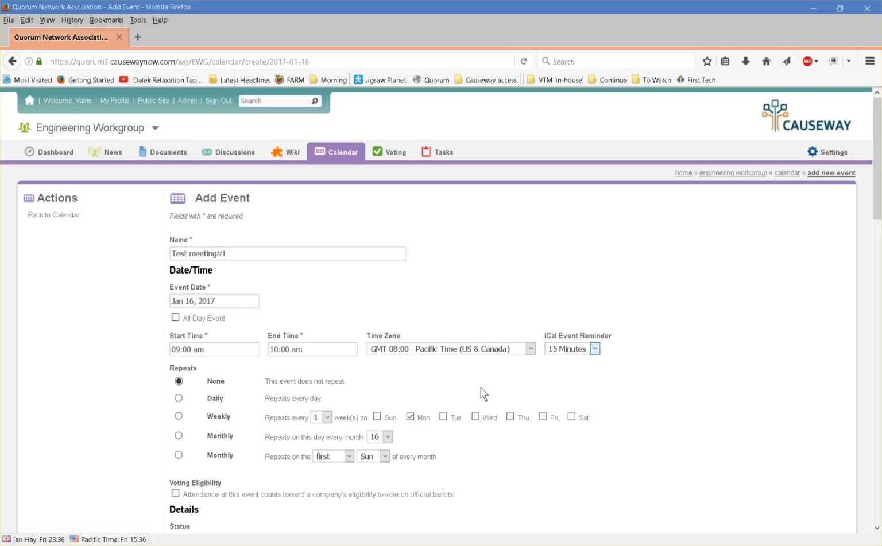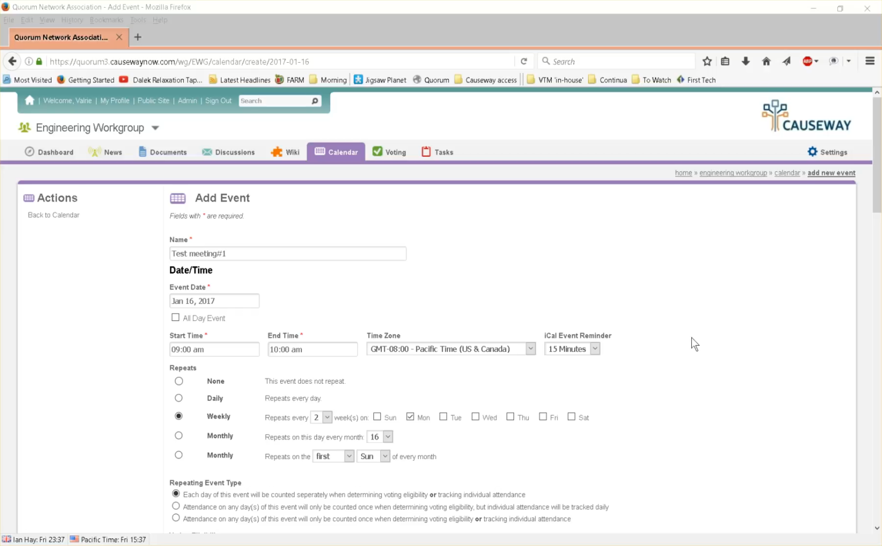Now I said we were going to do a recurring meeting, so we're going to have it recur every 2 weeks on the Monday. Do it that way. For face-to-face meetings, you may have it repeat daily for 2 or 3 days straight and have it as an all-day event. There are lots of settings here. Just read through. It's fairly self-explanatory. As we scroll down,